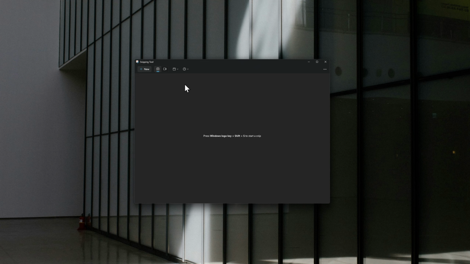And now guys, it depends what you want to do. So as you can see, we have two features, which is snip, pretty much a screenshot, a photo of your screen, and also we can record a video. So depending on what you want to do, just choose the proper mode, and then you also want to